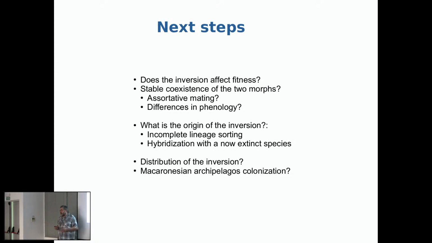Still, what is the origin of this inversion? Can we confirm that it's an interbreeding with an extinct species? That needs a lot of work. Can we be sure that the distribution is restricted to this area? Maybe it's the only area we have looked in detail, and we need to expand the surveys. If these quails do not migrate or migrate so poorly, how have the different islands been colonized? Okay? So there are multiple lines that we are still working on. There is a lot of work to be done.